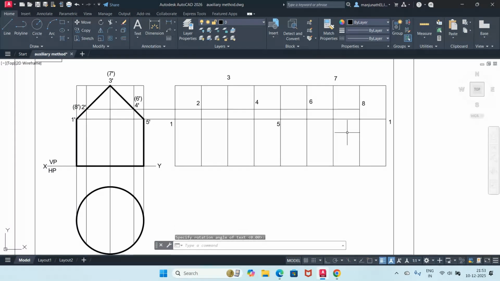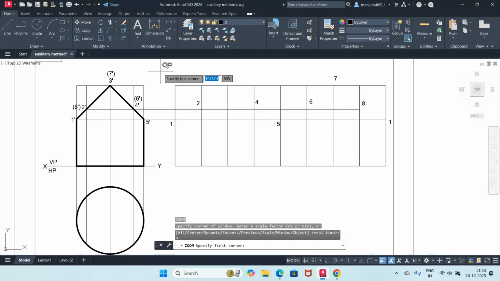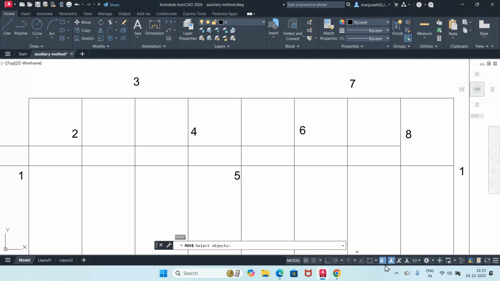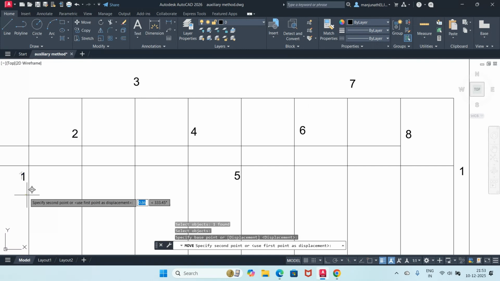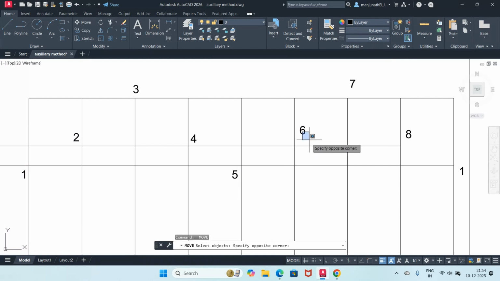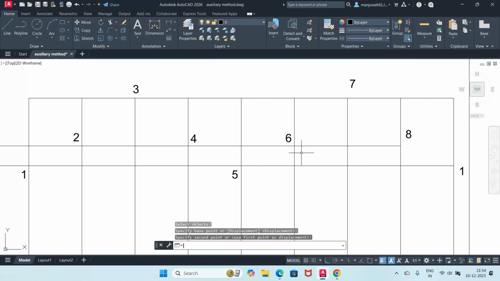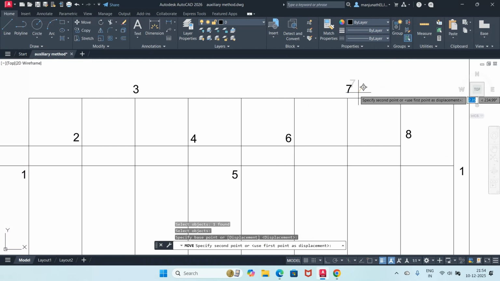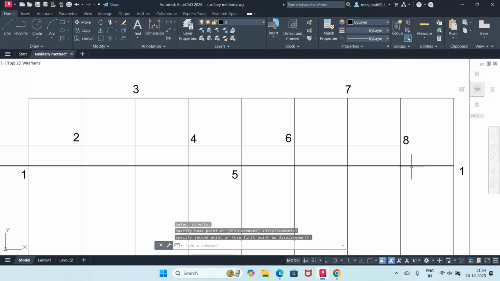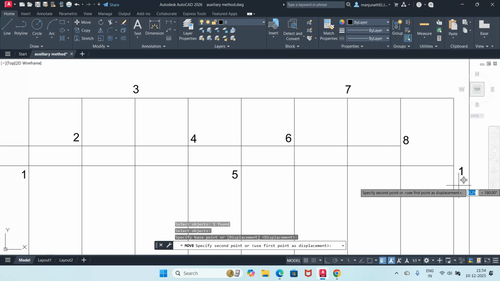Now again go to zoom window, bring it near to the screen and go to move. Select this, move it here, then 2, then you come down to 3, then you come down to 4, then you have 5, then you move 6, then you take 7, then you take 8, then you have 1. Now you go to